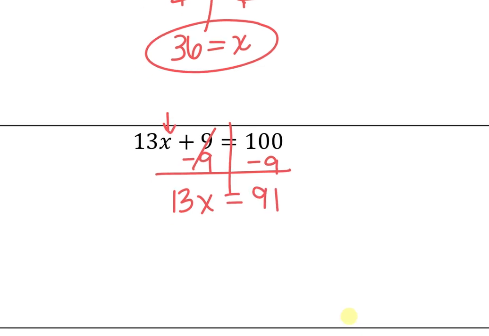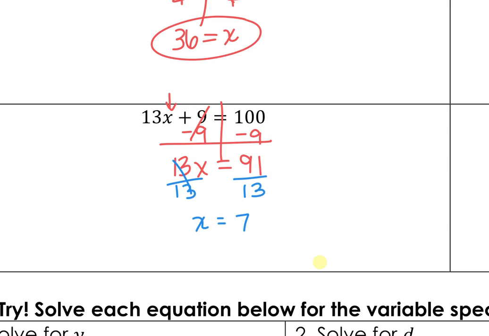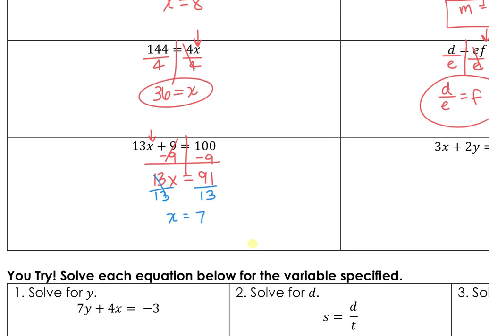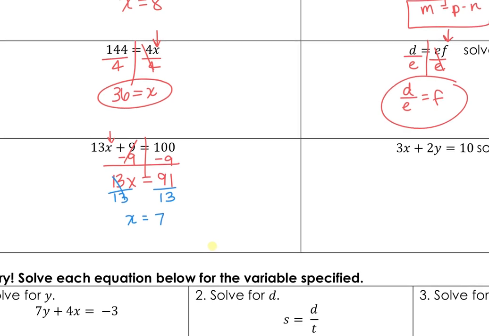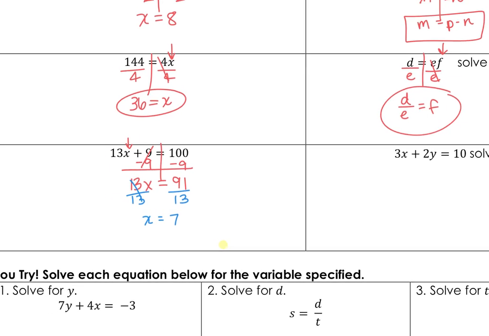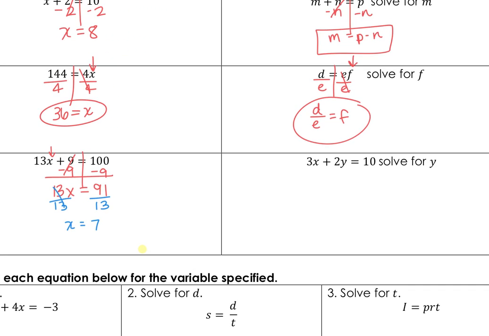And now our last step is to undo that coefficient. So since x is being multiplied by the 13, we divide. X is equal to 7. Would that be the same thing? Like, if it said solve for x, would that still be the same equation? Solve for x. We just did solve for x. So